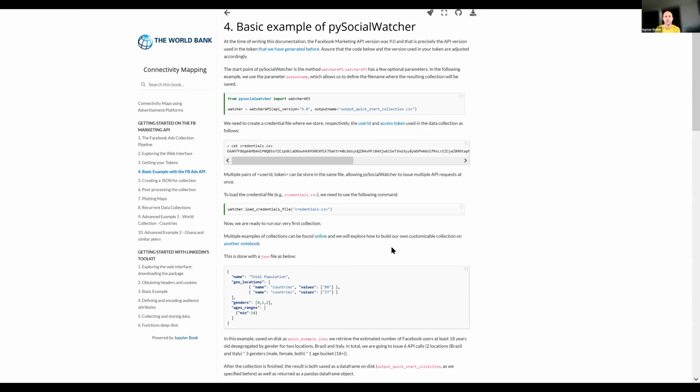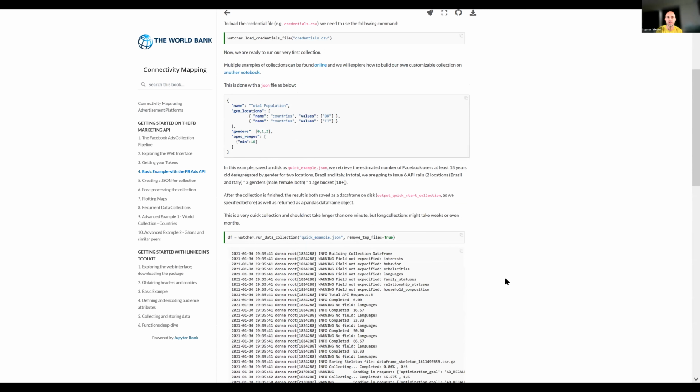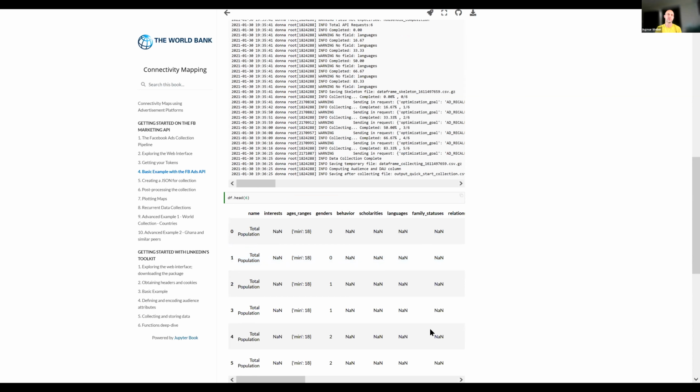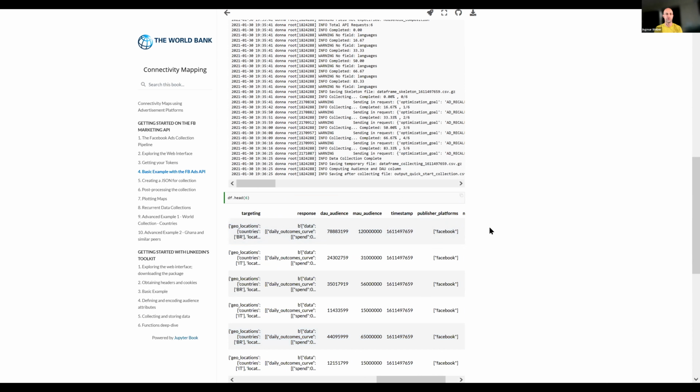And then the last thing, to give you a sense of what you would have to provide. Essentially, you provide a bit of JSON where you specify the data you want to collect, right? In this case, for these two countries, for different genders, and for a particular age range. And then you launch it, and later it returns a data frame with different counts for what you specified. Okay, so let me go back to the presentation.